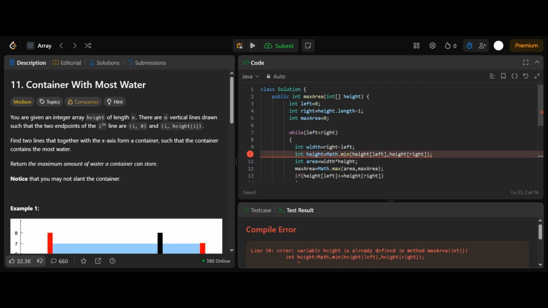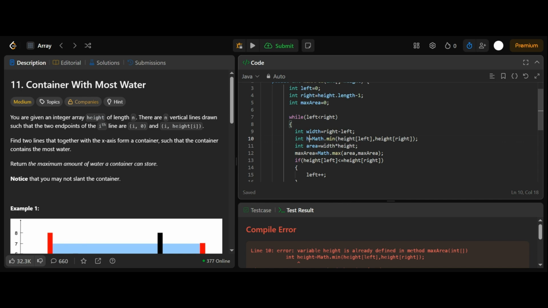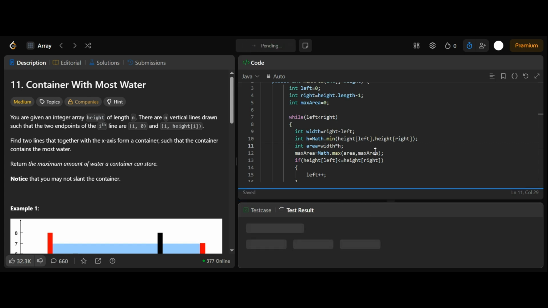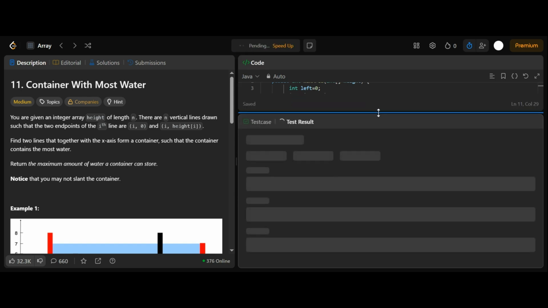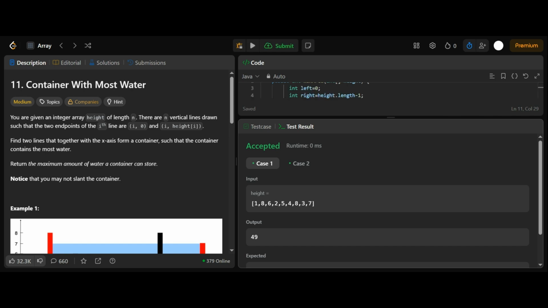Oh yeah, it's already there, so we can change the name of it to hatch, and over here to hatch. Now let's run. Alright,